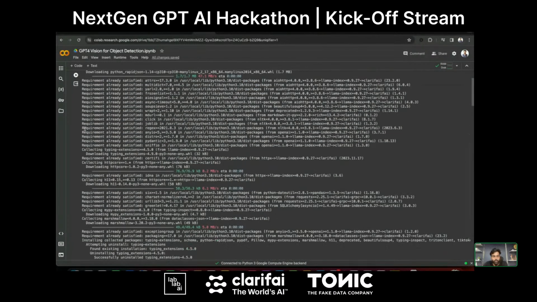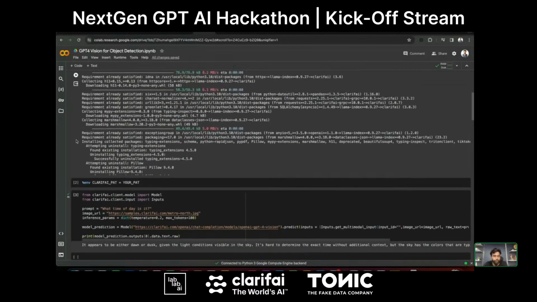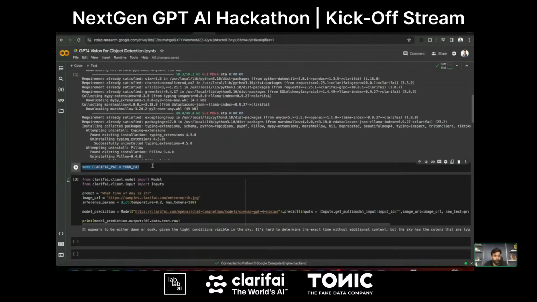Once you install the library, you need to set your personal access token, as I just mentioned. If you need to access any model using the API or the SDK, you need to set your personal access token. Here you can see I am setting my personal access token as an environment variable, using the magic command that we have in Python, the env command. Obviously I left it blank here, so you can pass your own personal access token.